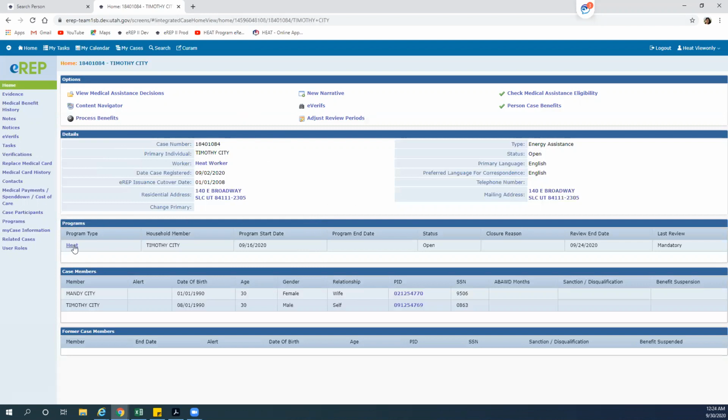Under programs, it'll show you what program they currently have registered to their case. So if they had crisis as well, it would show heat and crisis as a separate program. Again, you see the status here as open. They only have heat right now, so that's the program that shows up. And then under case members, it shows you who all the case members are in that household. And so this is a good snapshot of what the case is, who makes up the case, who the household